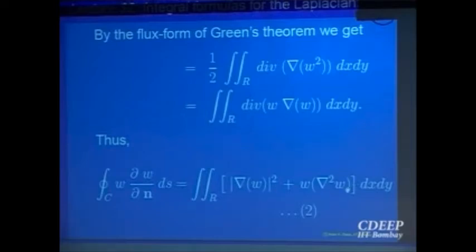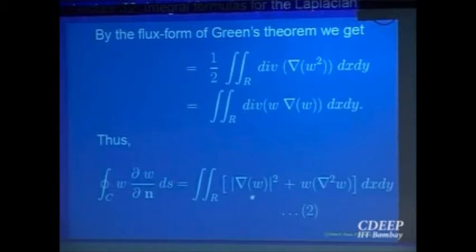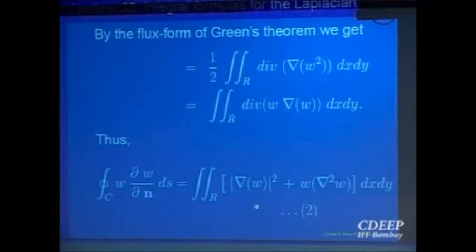You are saying for a harmonic function, if the directional derivative on the boundary along the outward normal is equal to 0, then its gradient is also equal to 0 inside the domain R enclosed by the simple closed curve. And what does that mean? If the gradient is equal to 0 and if your domain is nice, for example, any two points can be joined by lines parallel to the axis, that will imply W must be identically equal to 0. So if your domain is nice and the function is harmonic, then the directional derivative on the boundary being equal to 0 implies the function is identically 0 inside the domain also, right?